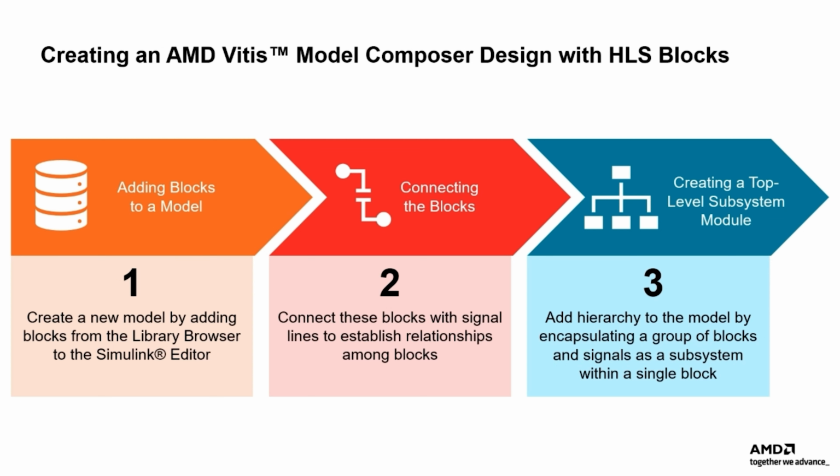Let's look at how you can create a Vitis Model Composer design using HLS blocks. You can create a new model by adding blocks from the library browser to the Simulink editor. You can then connect these blocks with signal lines to establish the relationships among the blocks. The Simulink editor manages the connections with smart guides and smart signal routing to control the appearance of your model